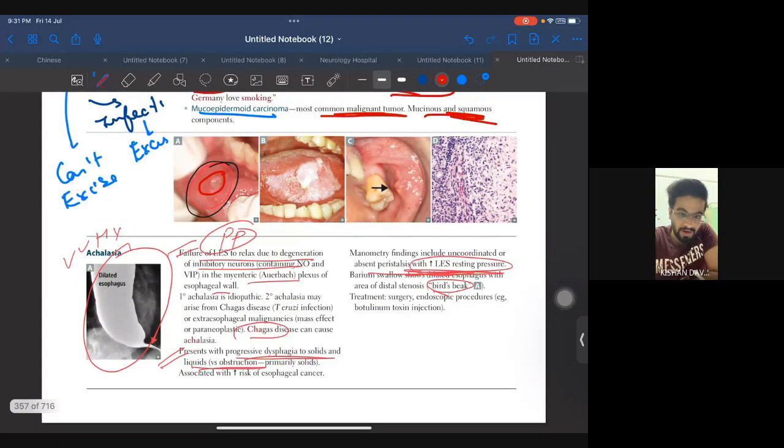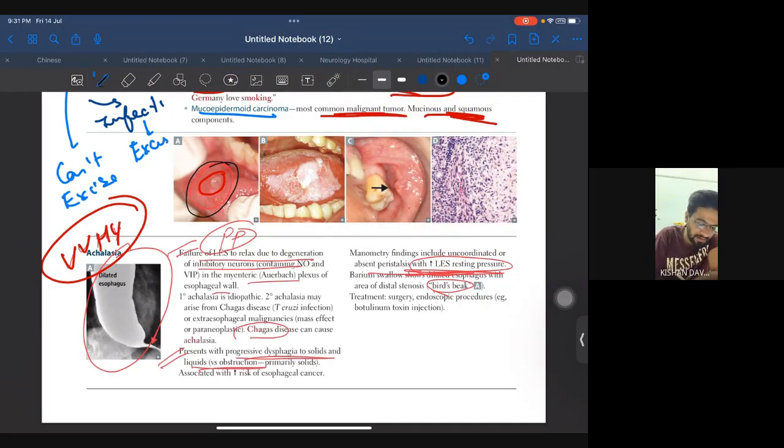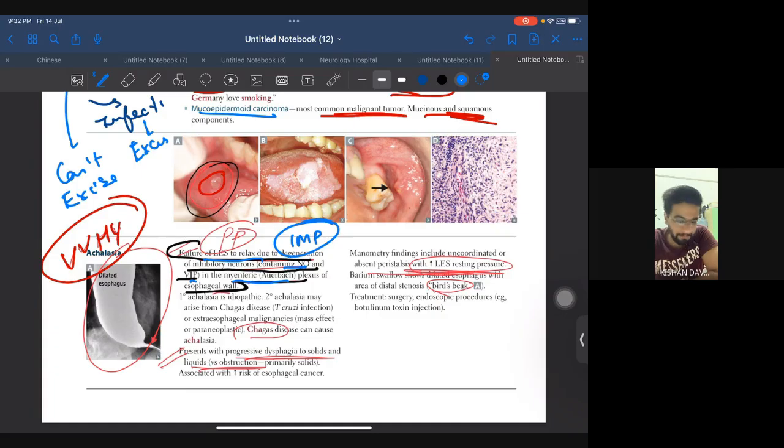Coming to achalasia, very first high yield condition. Okay, so let's just see what is given here. Achalasia cardia. The first important line is failure of LES to relax due to degeneration of inhibitory neurons containing NO and VIP in the myenteric plexus of esophageal wall. So each and every point that is containing NO, VIP, inhibitory neuron, failure of LES to relax in the myenteric plexus, each and every word is very important. Okay. Second,